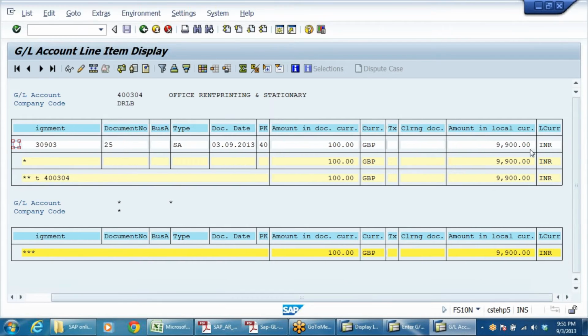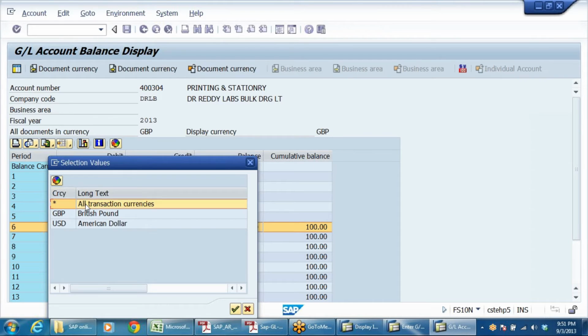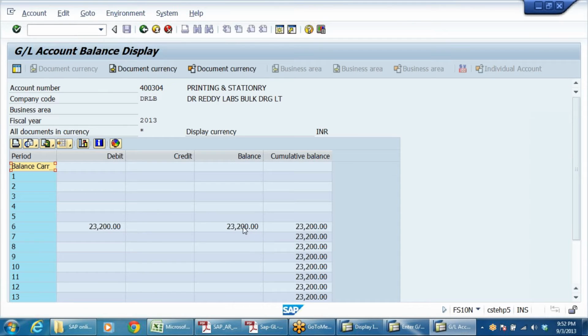I can see INR. So 100 GBP, 9,900 INR. So like this you can post accounting entries in foreign currency and you can see in both the currencies, one is local currency and other currencies. Take all currencies, take Indian currency, all currencies. Put together it will show you, that's all.